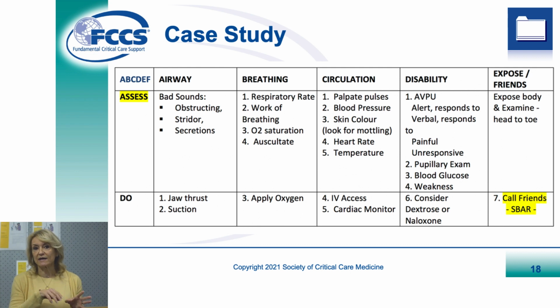So don't waste time establishing the IV yourself. Ask on the ward, who is the best person for starting IVs? Get that person to the bedside. Get them to start a large bore IV. And then,